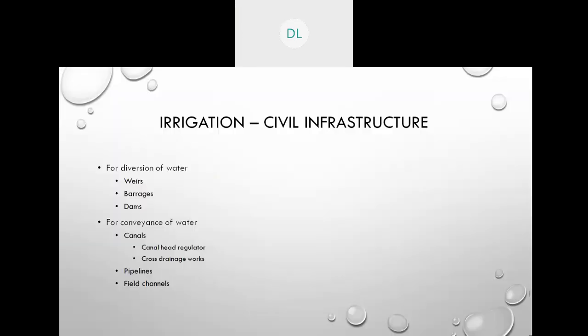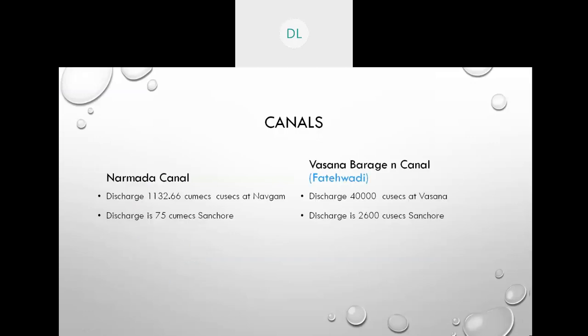So I'm moving on. Are you able to see my PPTs? Yes, write in the chat box if it is okay. Yes. Okay, thank you. So this is the second slide I have shown you, and I also gave you an assignment about the Vasna Barrage and Pattewadi Canal, which irrigates the right bank of the Sabarmati River from the Vasna Barrage, and I asked you to calculate the different discharges. You might be working on that, and we'll discuss that in the laboratory part.